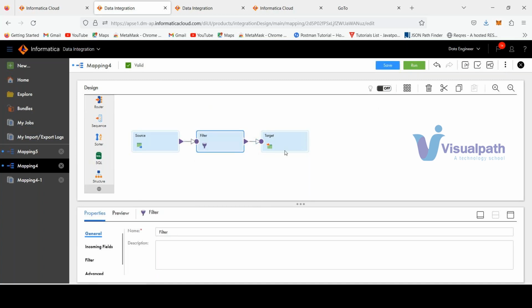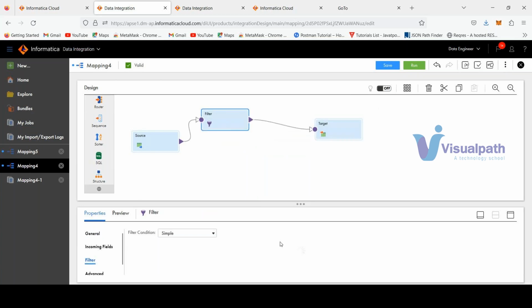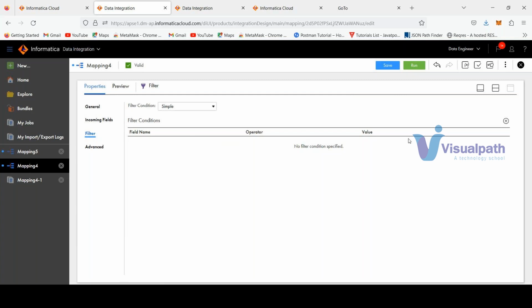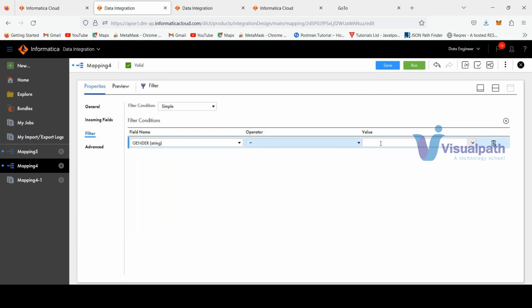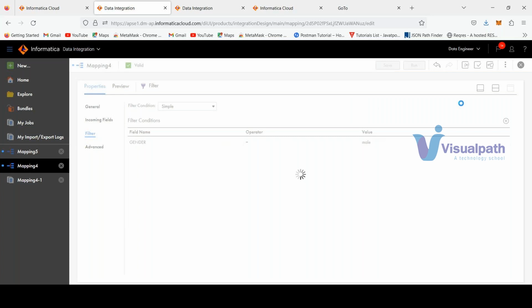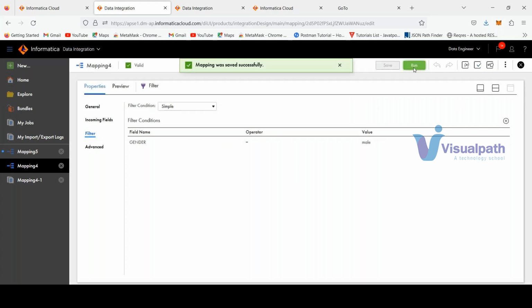If you want a transformation, just drag and drop it, whatever it is. For example, a filter transformation. Let us say I want only the Rohit Sharma record. I can give something like this. Add a filter. I just want to give those whose gender is male, only male gender. If I run this now,